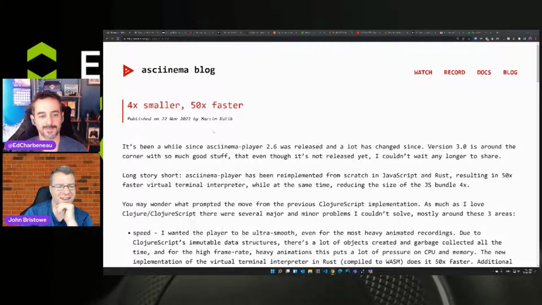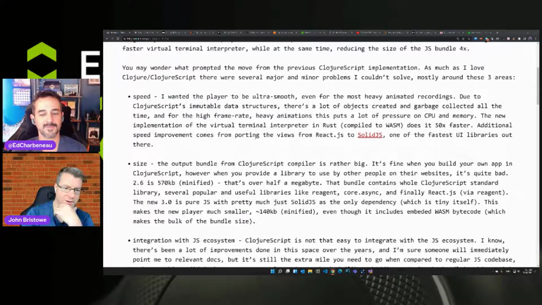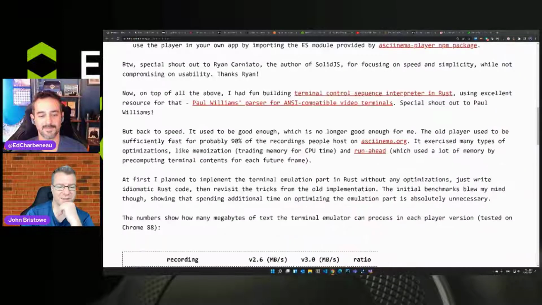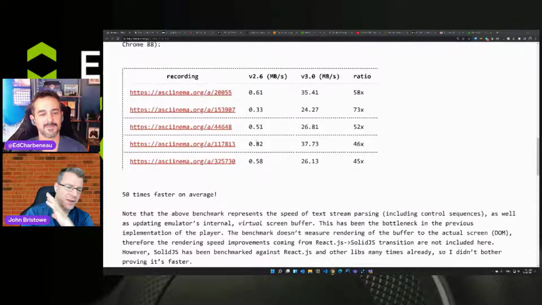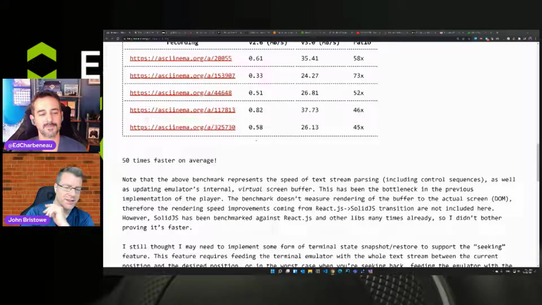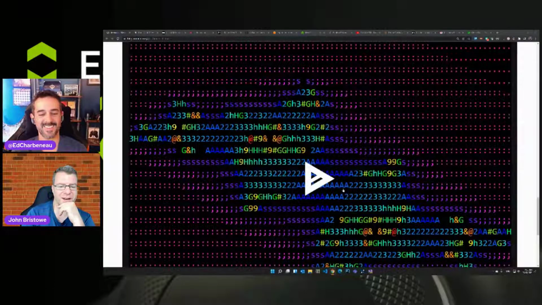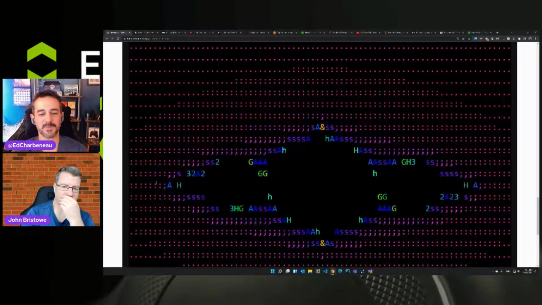So ASCII is the sort of textual format for a variety of character encodings. Unicode is another one, and ASCII is common for doing ASCII art. So it's basically a way in which you can represent movies and GIFs using ASCII. I saw this a while back, and I thought it was kind of clever. This is an example of a Mandelbrot set,